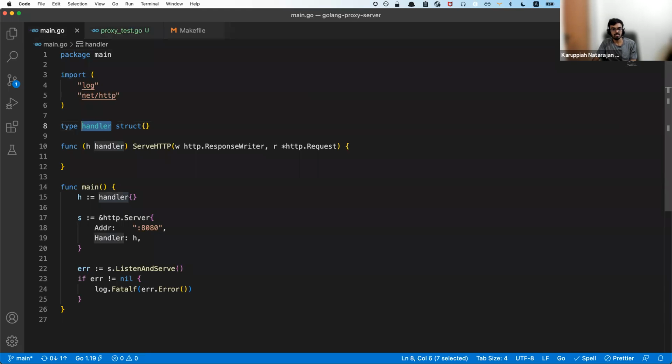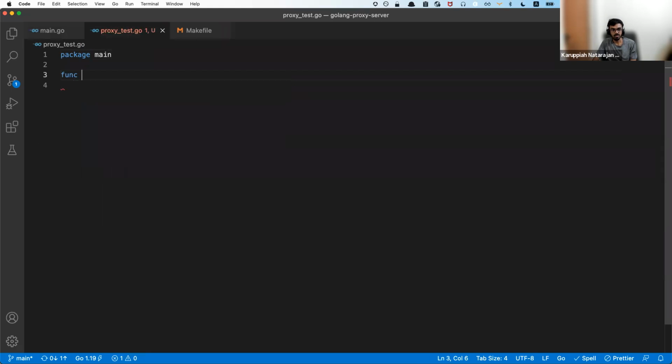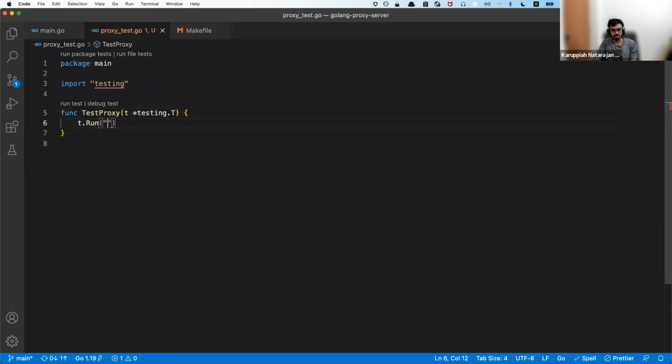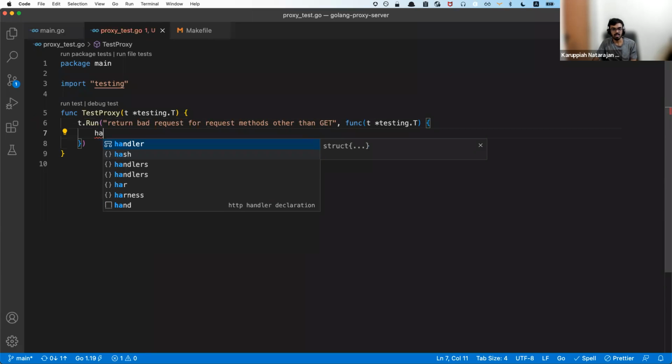I could expose this and then use this and all. I'm not gonna do that for now. Func test proxy, and okay, cool. t.Run, return bad request for methods other than GET, or request method and GET. Cool. So now we get handler